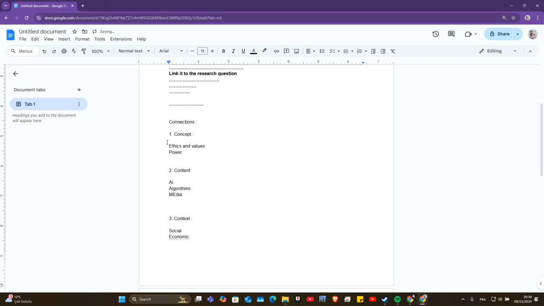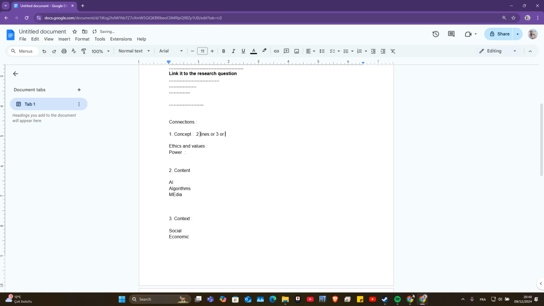So here you are not gonna just write this and leave it. No, you're gonna actually link it. Why is this ethical and it poses an issue? Here, why is this related to power? You can mention what I said about the influence. Here you mention why is this related to AI. You can briefly mention the direct connection. Same for everything. So here, write like two lines